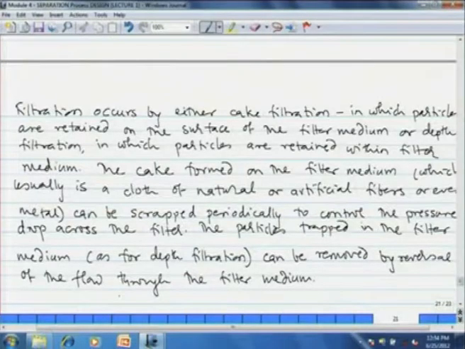Now, taking the same example of the HDA process that we have seen in the previous modules, hydrodealkylation. That process contains a total of 5 components. The reactor effluent contains 5 components: first is the product benzene, the byproduct diphenyl, unreacted toluene, hydrogen and methane. Now, when the reactor effluent comes out, it is in vapor phase. So, all components are in vapor phase, and we have to phase split that. So, phase split becomes the first separation operation.